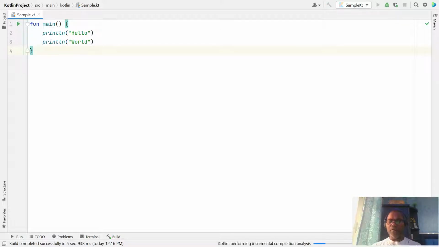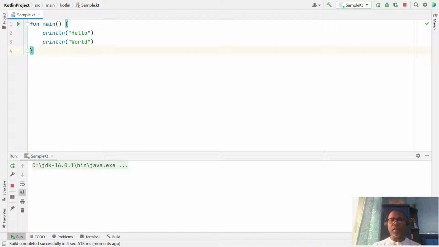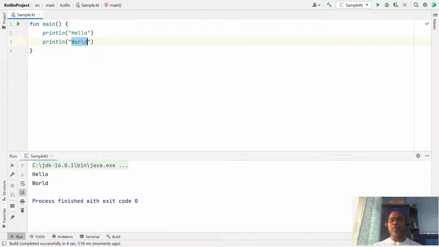So can you think we can write this world in a separate computation block and hello in a separate computation block? So let us do it. First, to write coroutine code, we have to take some help of an existing library.